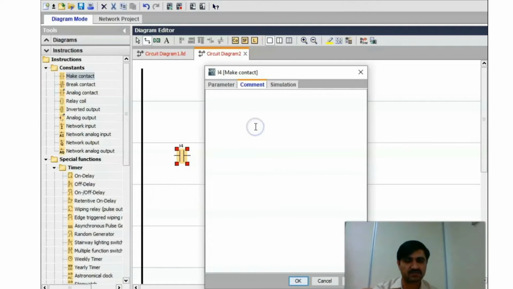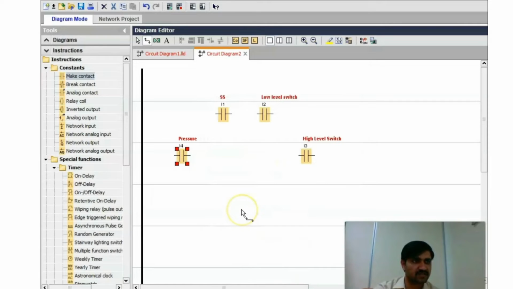For the pressure switch, it will come from the pressure switch when the pressure of the line is low. At that time our pump will start and maintain the pressure as set on the pressure switch. Let's arrange it.